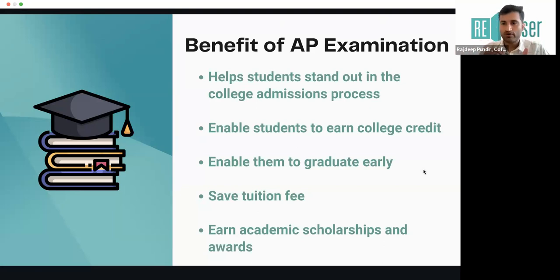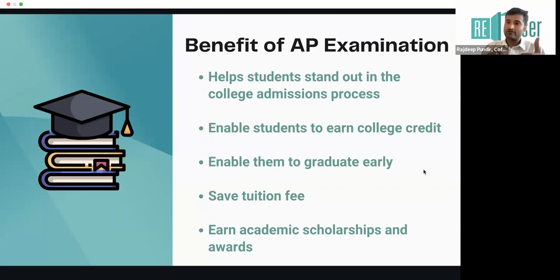One of the most important reasons why students in India write APs is that APs help students stand out in their college admission process. For example, if in my class I have 100 students, and we know how the scoring works, let's say 10 students are scoring about 90%. How do you differentiate between these 10 students, right? If I've done more than what my peers have done, it genuinely helps me stand out in that entire application process. That's one of the major reasons why a lot of students end up writing AP exams.